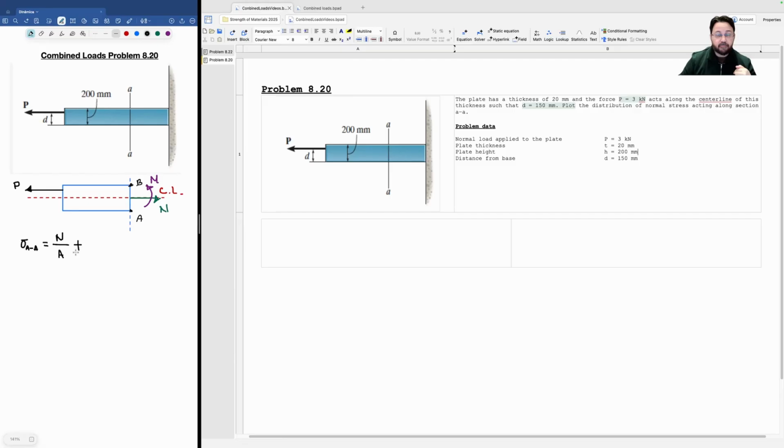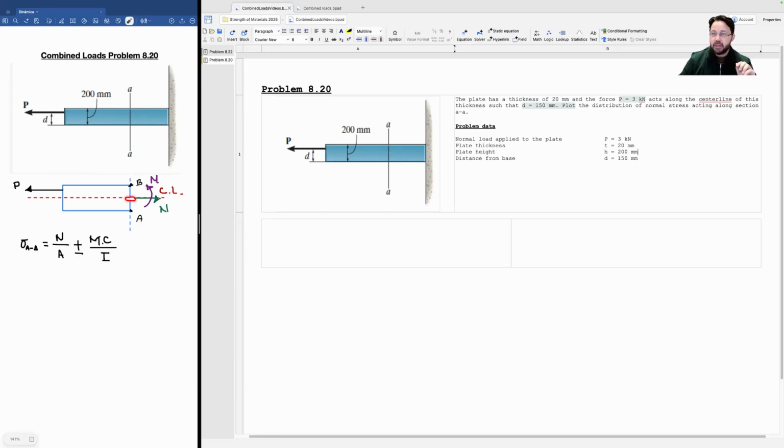And then we're going to have plus minus here, the moment times, I'm going to call it C, divided by I, where I is the second moment of area, and C is the distance from the neutral axis. Just talking about bending moment, if I forget the force, just to focus on the bending moment, the neutral axis is going to coincide with the center line of that plate, just for the bending moment, not for the